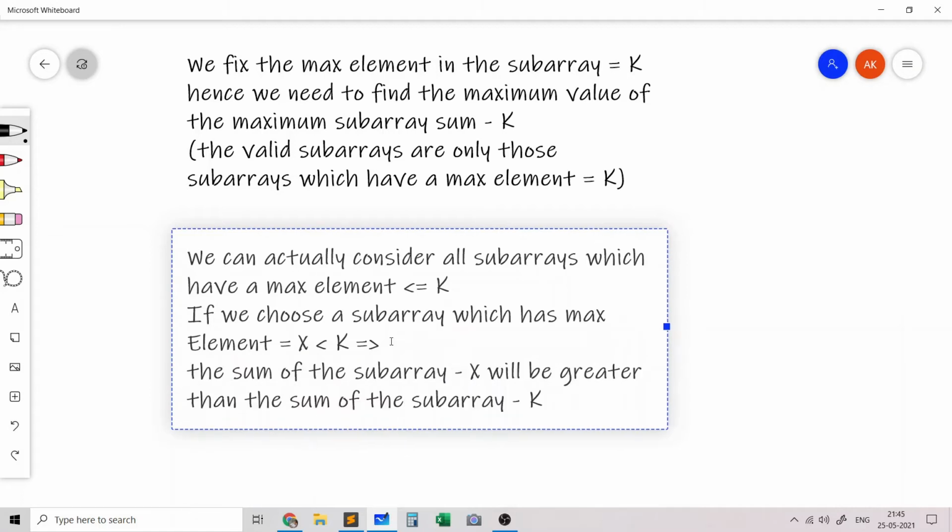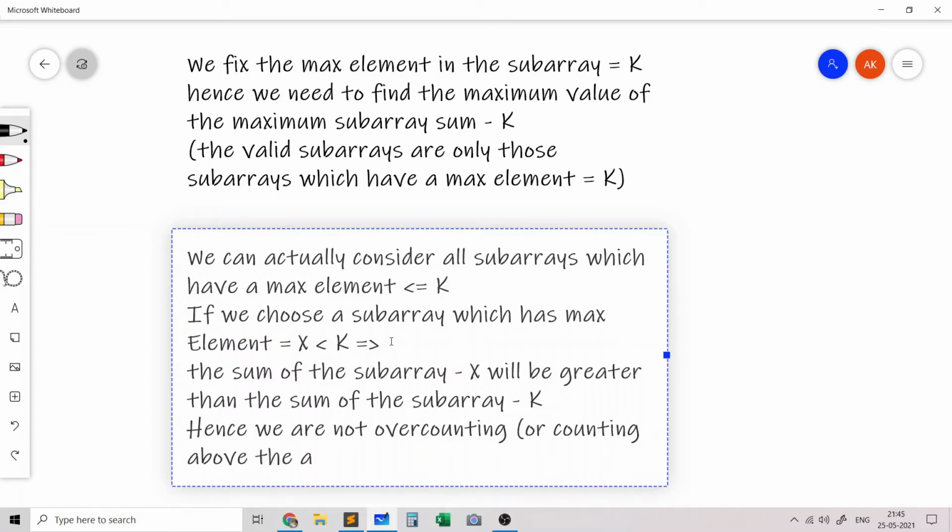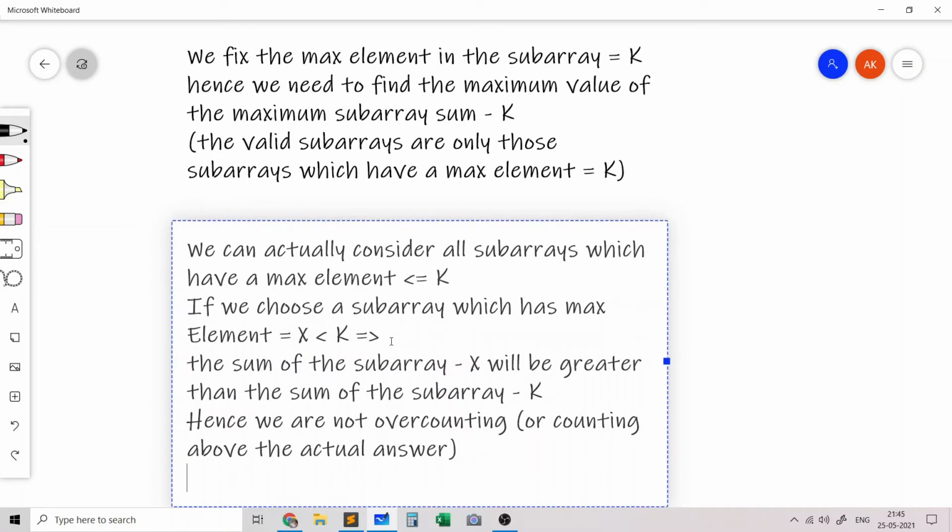And this basically means that we are not overcounting or counting above the actual answer, and the sum of the subarray minus k is a lower bound on the actual value.